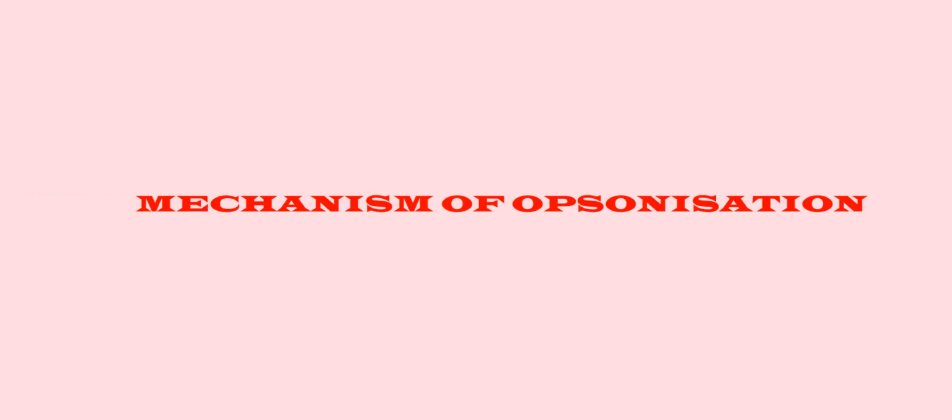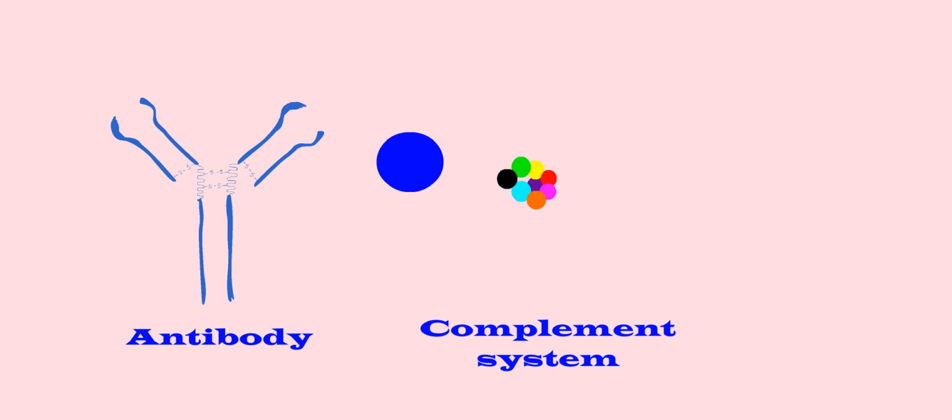An opsonin is any molecule that enhances phagocytosis by marking an antigen for an immune response or marking dead cells for recycling. Mechanism of opsonization. Opsonization of pathogens can occur via antibodies or the complement system. Antibody-mediated opsonization. Antibody-mediated opsonization involves the coating of pathogens with antibodies, so that they are recognized and phagocytosed